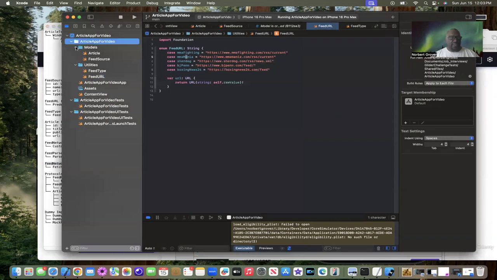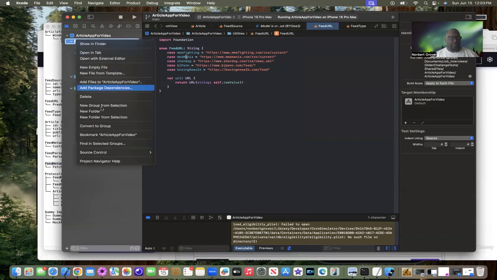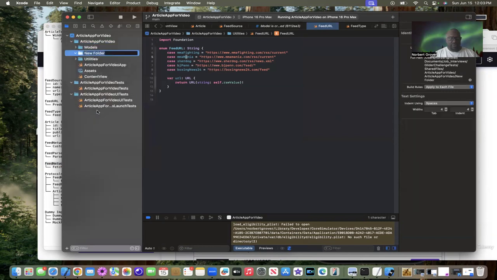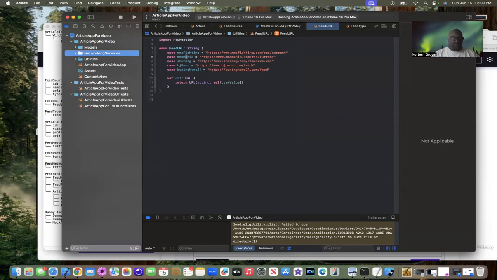And that's going to be separate, so I'm going to create another folder. New folder, networking services, because I'm going to have more than one networking service. Inside of here, I'm going to create a file. Let's call it feed networking